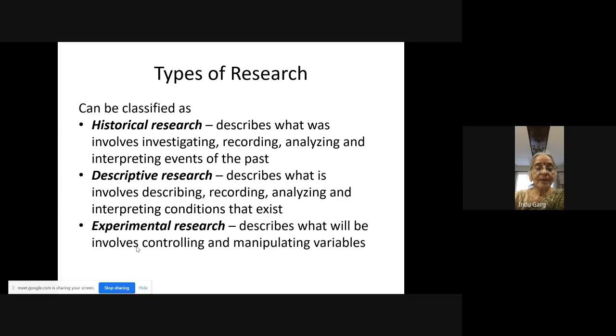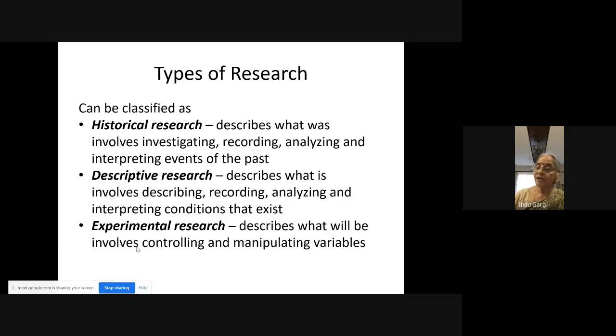So by experimentation, you tried it in your class. Maybe you did it a couple of times. Maybe you did it with different sets of students also. And then you can always predict that this reading program will help students improve their reading. So experiments help you to predict what will happen in the future. Okay, so these are the three very basic types of research: historical, descriptive, and experimental research.